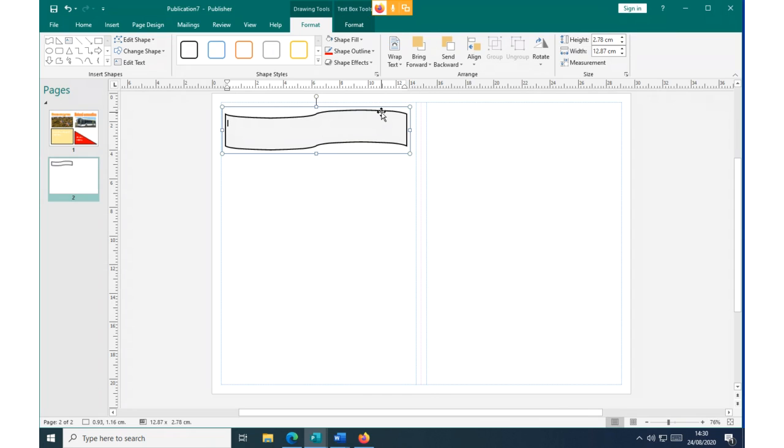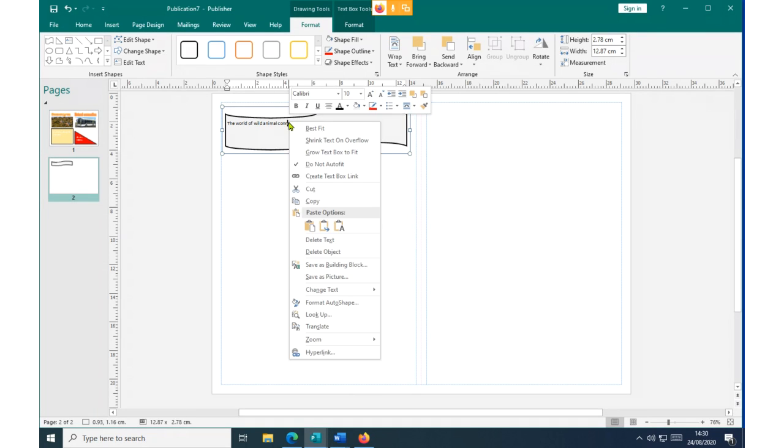Now, the information I'm going to put here, I can say, the best world of wild animals connect with human connection.